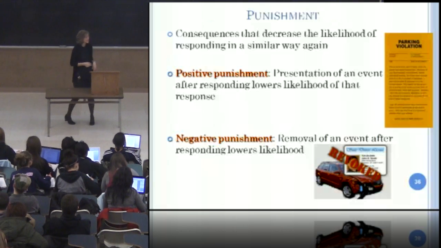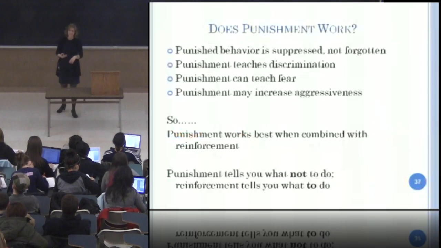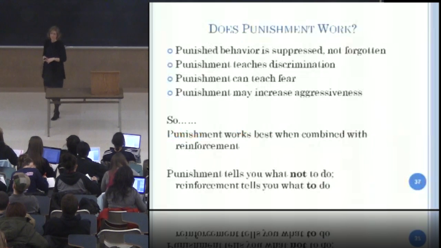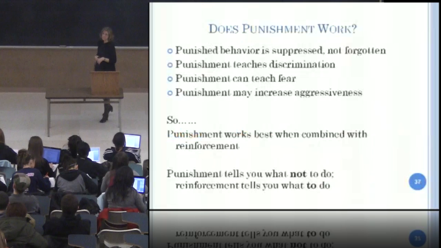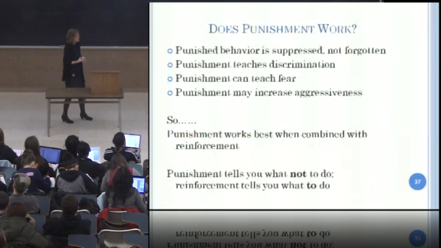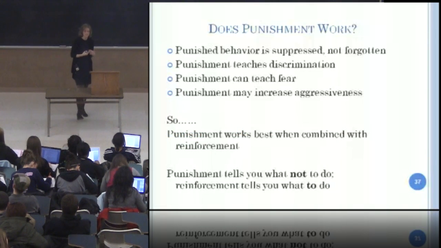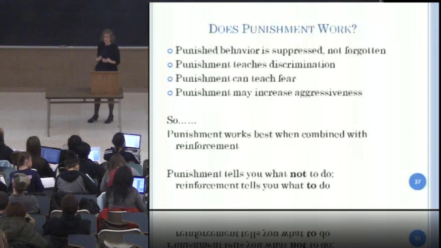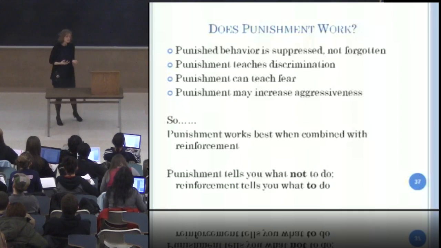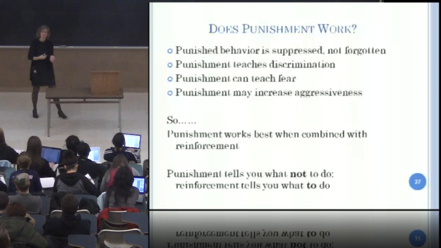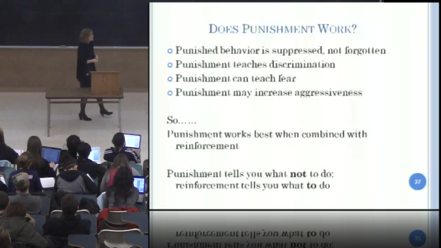Now, a lot of people ask, especially after they become parents, does punishment work? Well, for punishment to be effective, it really needs to be reasonable, it needs to be fairly unpleasant, and it needs to be applied immediately. So children make that quick connection. They need to make the quick connection between why they're being punished. So the relationship is clear. But a lot of researchers have asked, does punishment in general work? And there are some definite drawbacks to punishment.